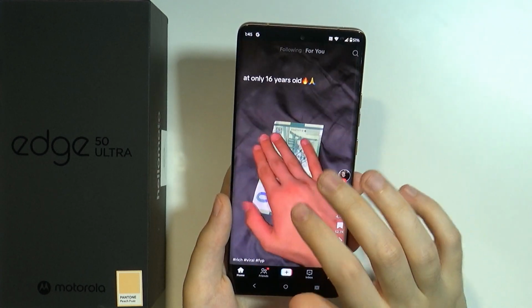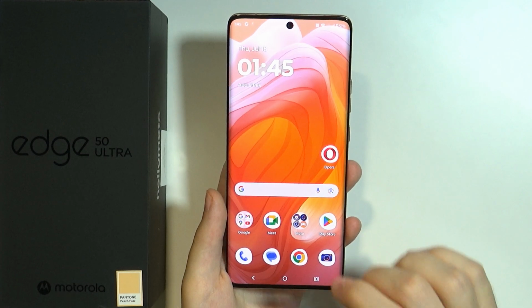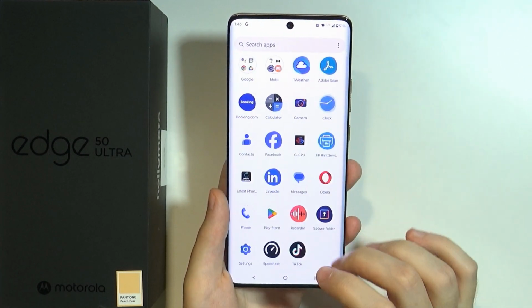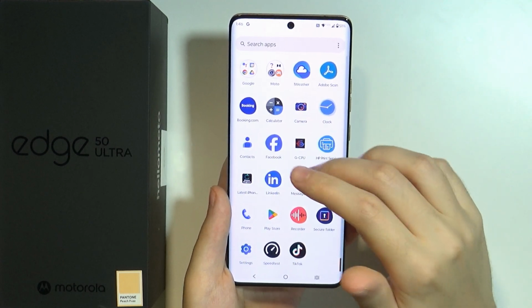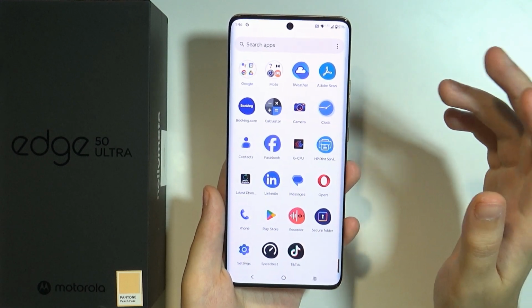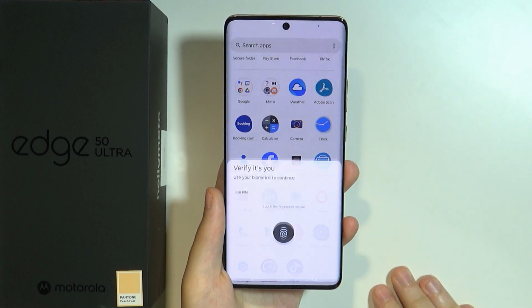Now we can just simply watch TikTok, right? Let's say I have an account over here. Now I can also add TikTok to the secure folder and have it, let's say, duplicated, because I will have to log in one more time, and technically I can just use a different account. So if you go to secure folder now,